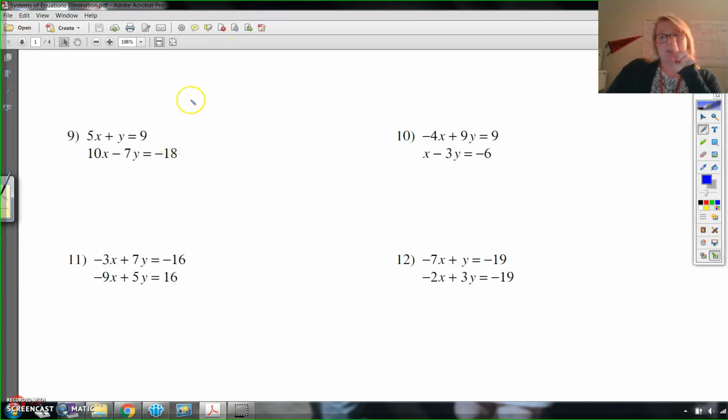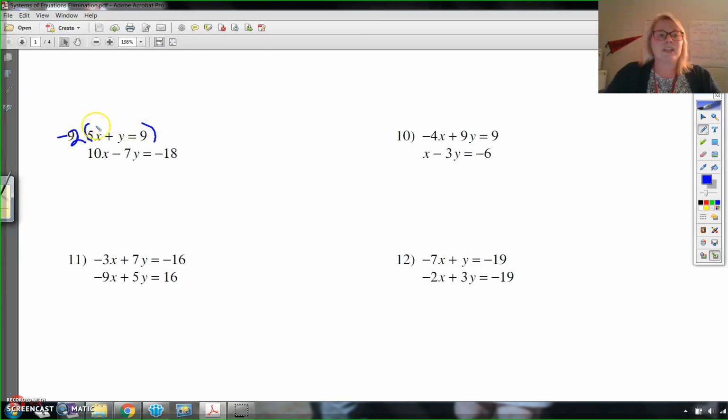So there's 2 ways to do it. I'm going to do one way first. I'm going to do my x's first, and then I'm going to do my y's. So if I want my x's to cancel, I want my 5 to become a negative 10, because if it's negative 10 and a positive 10, they'll cancel, right? So I'm going to multiply this top one by negative 2, because negative 2 times 5 will give me negative